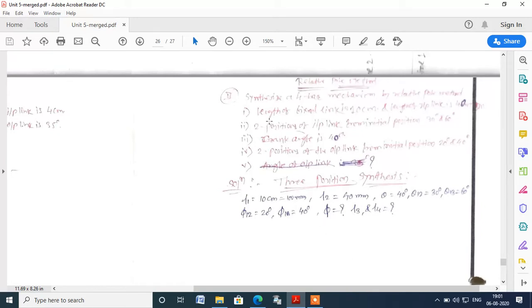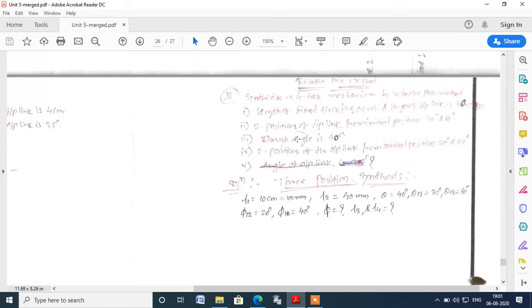So the problem is given. Now this is, I think, somewhat blurred, so I will read the statement of the problem. Carefully listen and write down this problem in your notebook. The problem is given like this: synthesize a 4-bar mechanism by relative pole method